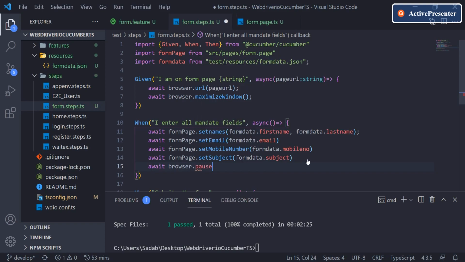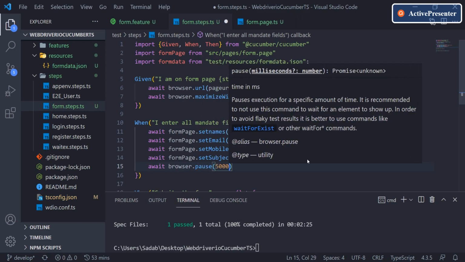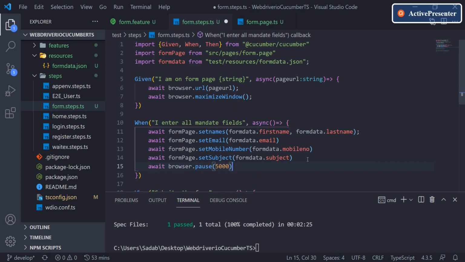After execution we can see if this data has been entered: first name as test f name, last name as test l name, email as test at, mobile number 0123, subject as this test form header, right?